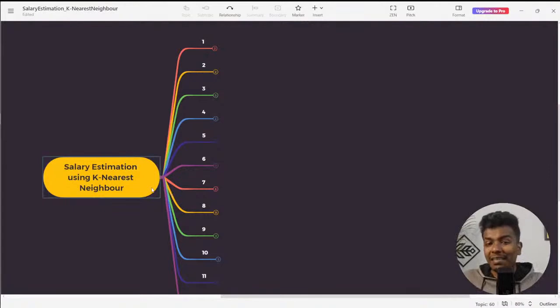Okay, so the reason we take this approach of handling a different algorithm each day is that if I take one and only project and use different algorithms on it, you'll feel bored. That's why each day we build one project with one individual algorithm. That does not mean that k nearest neighbor is the best algorithm for this project.